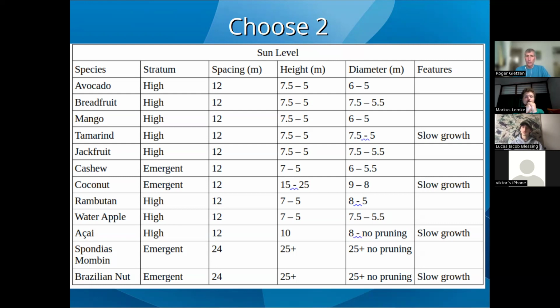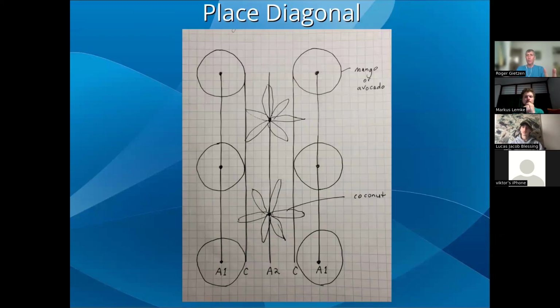So in the next slide, for me, it helps to first place the sun-loving ones and make sure there's enough space. This is just my way of doing it. You might have a totally different way that's better for you. You can see here, I chose mango or avocado. They actually have a similar crown and similar spacing, so you could substitute your species. And I have drawn the trunk at 12 meters